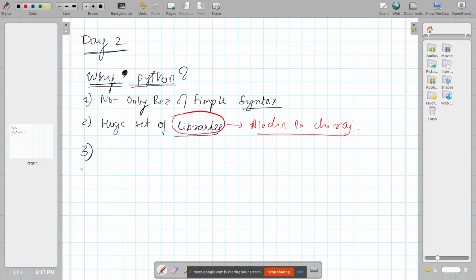But there is a huge set of libraries, for anything you want to do. Maybe you want to automate something, maybe you want to download something, maybe you want to make requests to some kind of server, maybe you want to build something. You just name what you want to do. You want to go into machine learning? Everything has libraries in Python, everything has different Aladdin ka chirags in Python. You just go in front of that and ask what you want, it will be given to you. It's something like that.